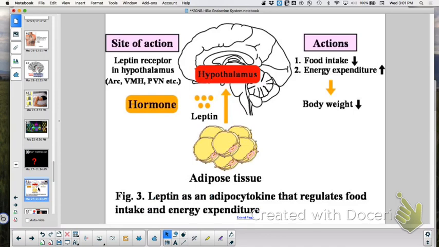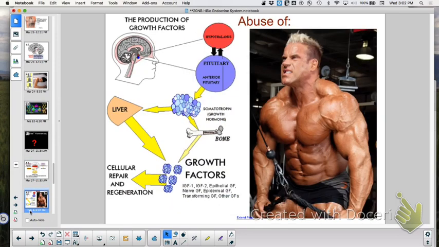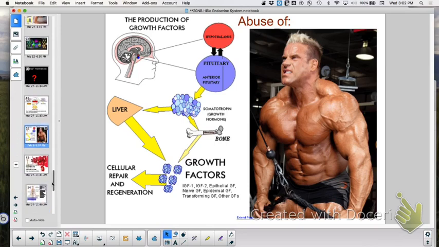One of those is leptin, and adipose tissue secretes it, and it says you are full. I always think leap up from the table. Don't keep sitting at the table. Leap away from the table because you are full. You will not secrete leptin if you eat so fast that you don't allow your body to have a sense of fullness, right? That's why you don't want to eat too fast. Growth hormone, you should not overtake growth hormone, okay, unless you're in need of it for some reason, because that can be bad.